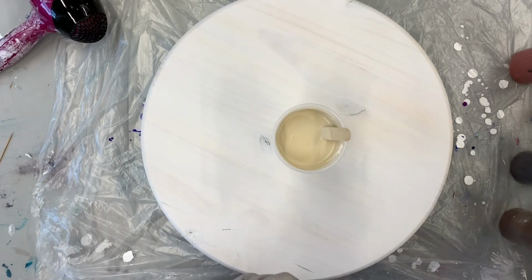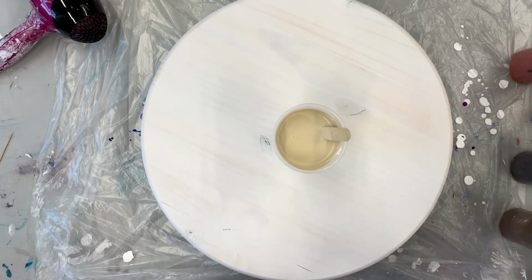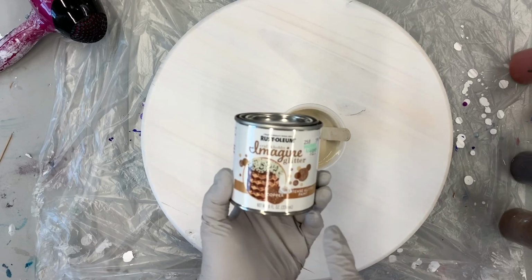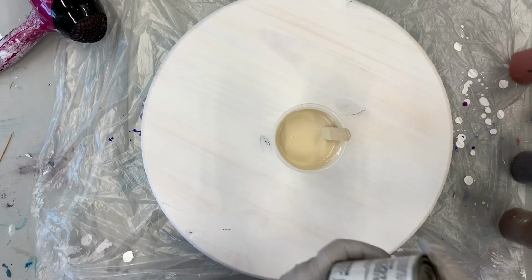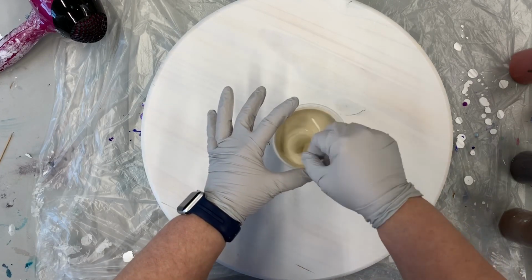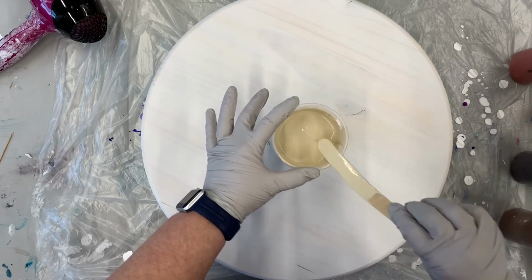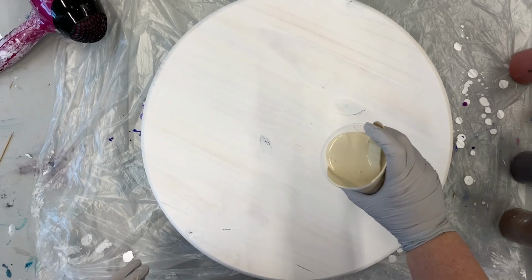as well as a little bit of copper metallic paint in there just to give it a little bit of a background. This particular paint kind of has a clear base to it. So if you get areas where it's heavier, you'll see right through to the bottom of whatever you're painting on. I find that if I add just a little bit of the copper metallic to it, it helps give it a little substance so you don't see all the way through your particular piece. So I'm just going to go ahead and start by putting down a coat of our base paint